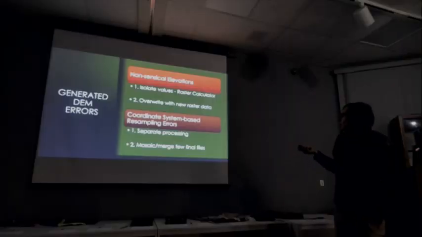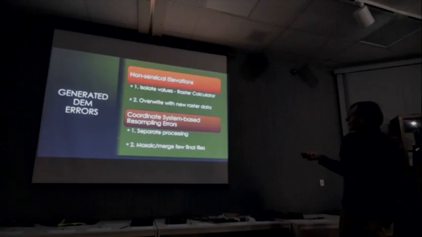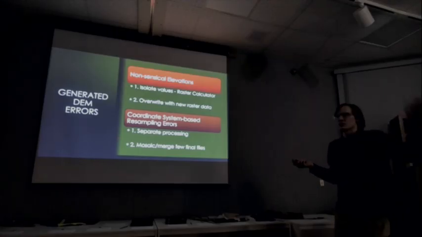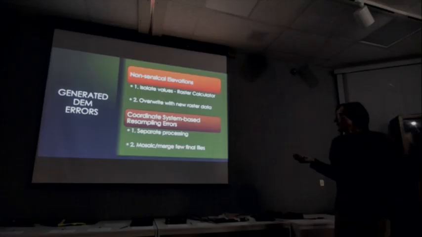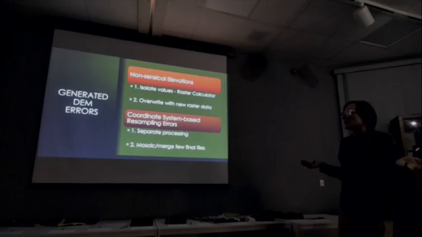Or to exclude the error. And then coordinate system-based resampling errors were also present, and as I mentioned before, the fix was separate processing, separating the rasters by coordinate system, and then merging or mosaicing just the two final files. I think I usually use the mosaic tool in ArcGIS Pro to do that, and that seemed to not result